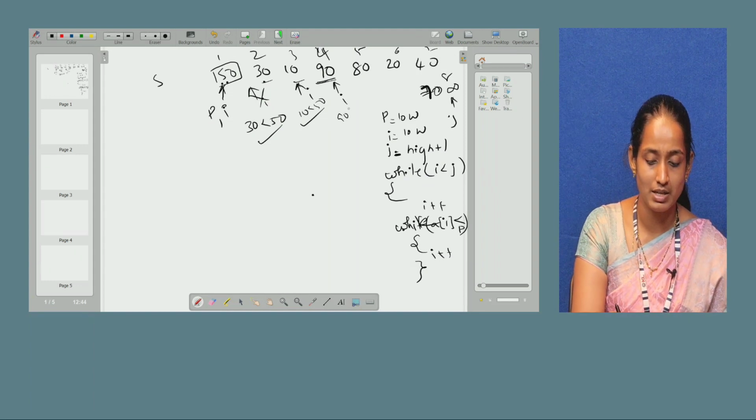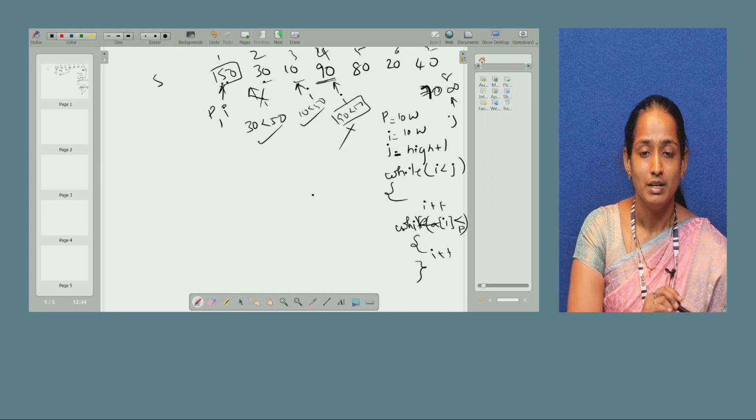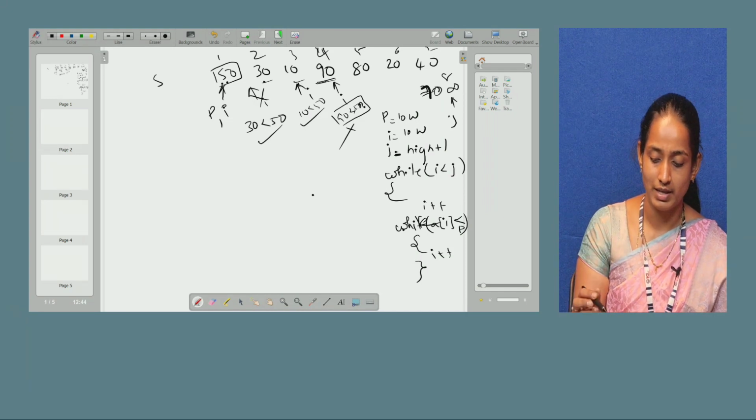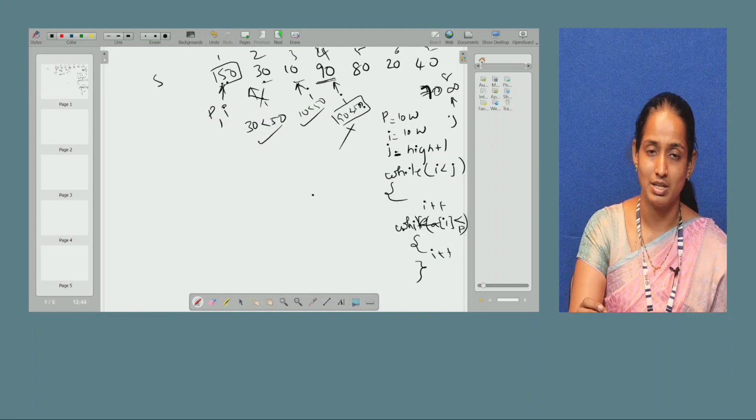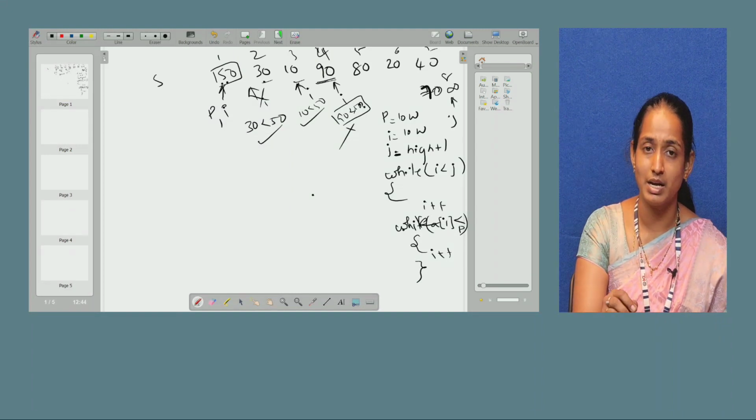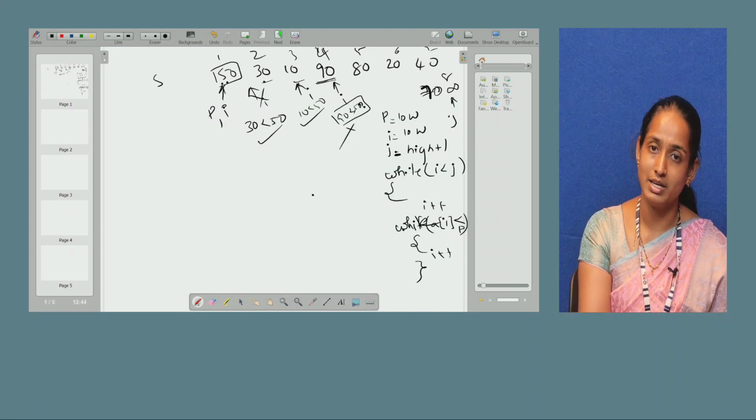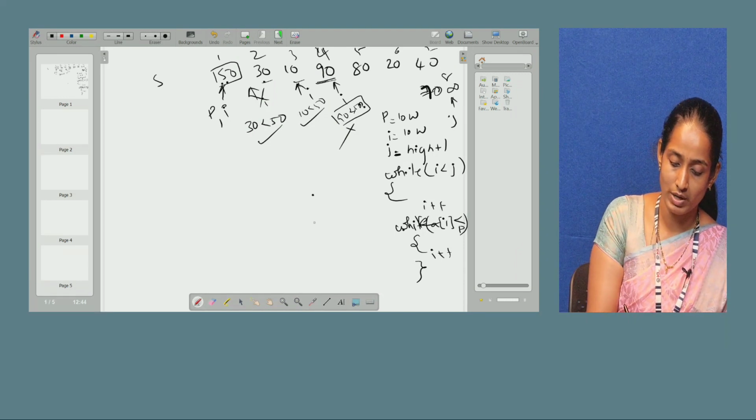Is 90 less than 50? Here the condition has failed. Yes, the condition has failed. Then you need to check one more condition. That means you need to make sure that this 90 should be moved to the right sublist. That means you need to check a while loop